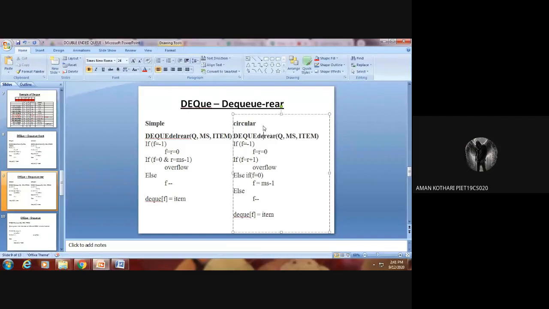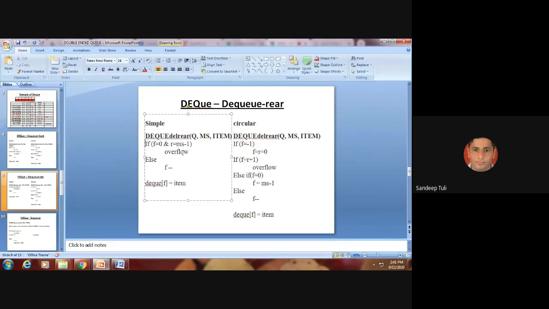First of all, we need to check the underflow condition. The underflow condition is f equals r equals -1. Otherwise, the single element condition is also there: f equals r, which is not equal to -1. Then f equals r equals -1 for the single element.